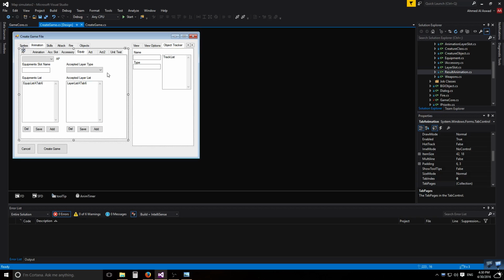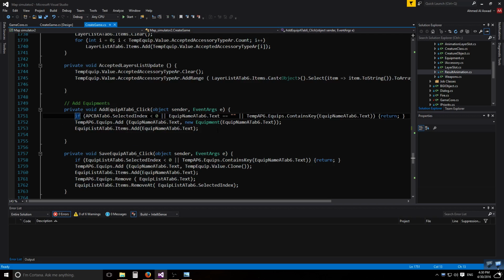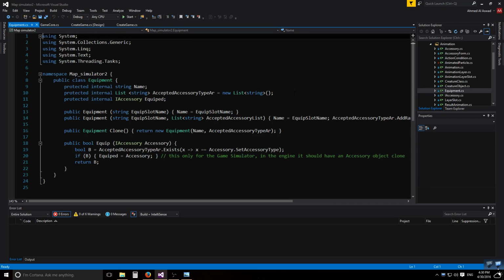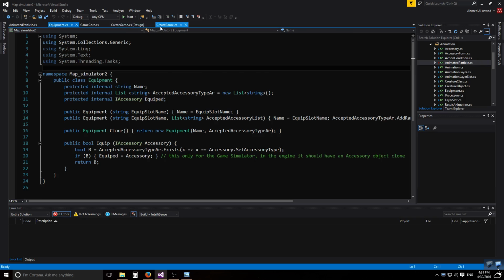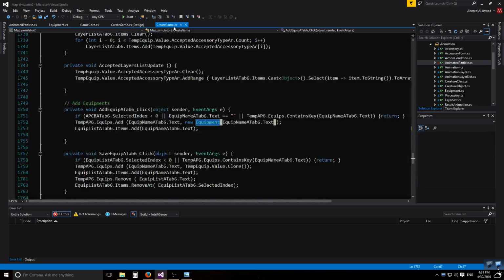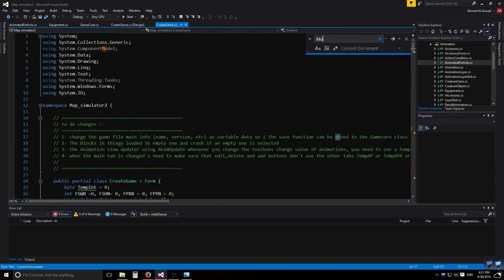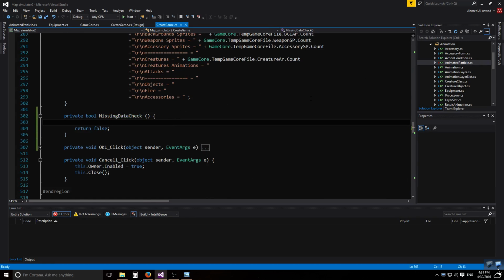So as you can see, I'm procrastinating again instead of dealing with the code. So let's go here, because I'm kind of too lazy to check what's the objects that deal with the equipment. So this one will live inside the AP, the animated particle, here. So what we need to do is to check if any of these equipments are missing the accepted type. So we go to the code in here and go to the missing data,